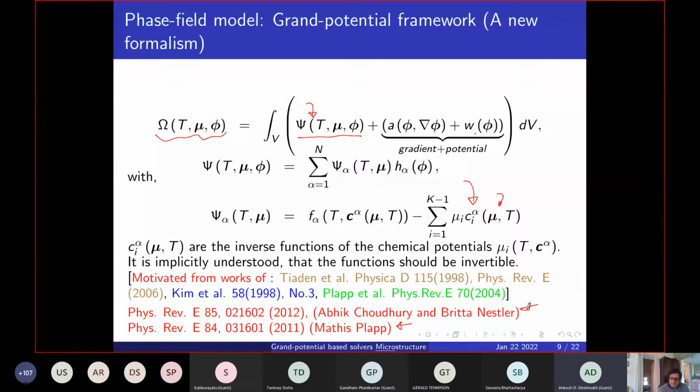Particularly for multi-component alloys, you can find a nice description in this paper and get all the details there. Okay, but the basic idea is what I had just detailed in a pictorial fashion, and therefore this is something that you can